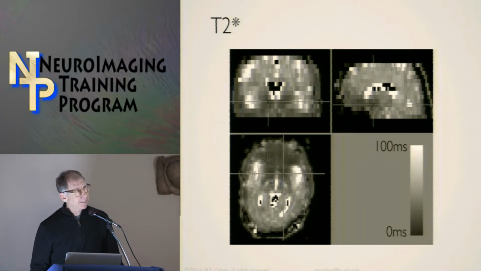However, it's widely different in different parts of the brain. For example, in the mesial temporal lobes, the T2s get pretty short, on the range of 30 or 40 milliseconds. So your optimal TE turns out to depend on where you are in the brain, which is kind of messy. And so you have to be kind of careful about the consequences of adjusting your TE based on where you're